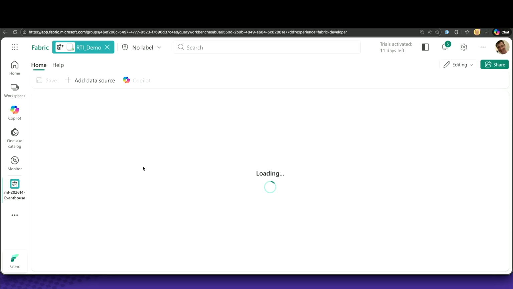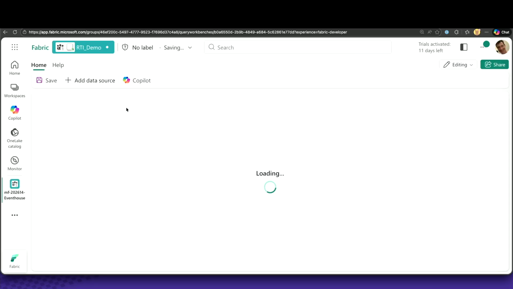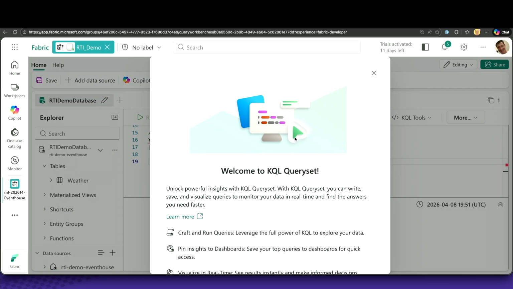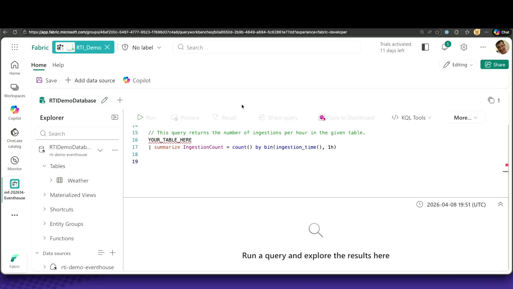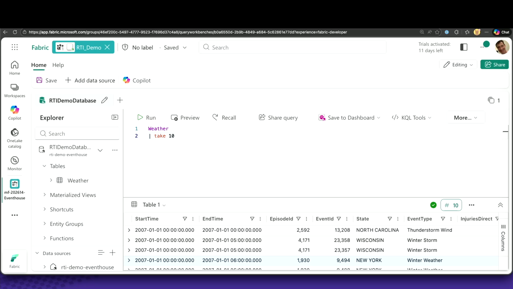You see, you can add a data source, like for example a KQL database, which we will do. In our case, we will select the RTI demo database. Pretty straightforward, and we always get this intro dialog that you can read if you want. We get some meaningless sample code in there. You see the weather sample data on the left side, and we can simply say weather pipe take 10, not top 10, take 10. It's just the first 10